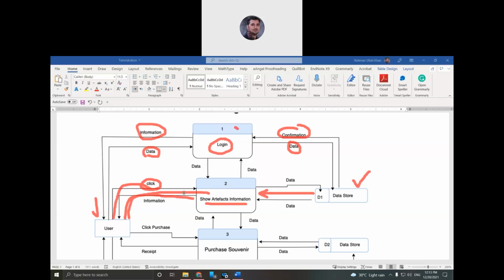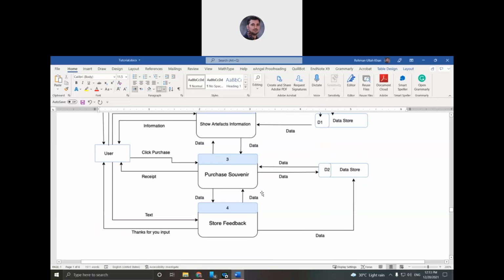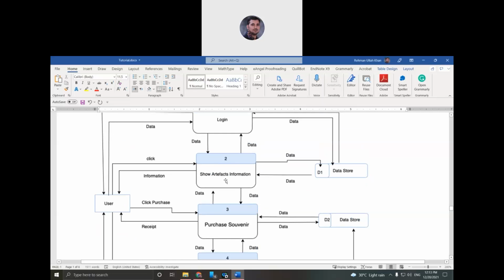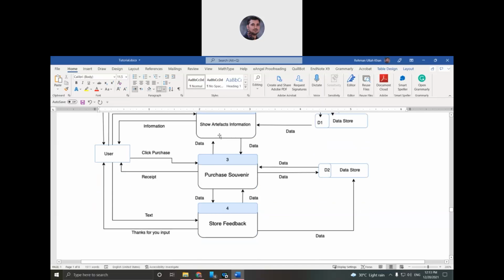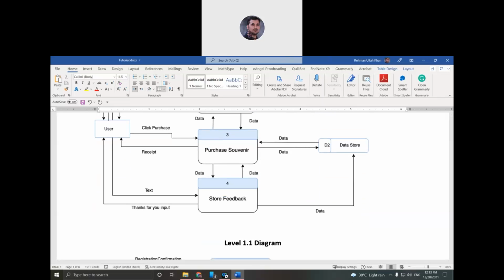Next one is the third process, that you see this is the exploration process. During this exploration, the user can explore the whole Kate museum, many different artifacts. Okay, and next step is purchasing a souvenir.